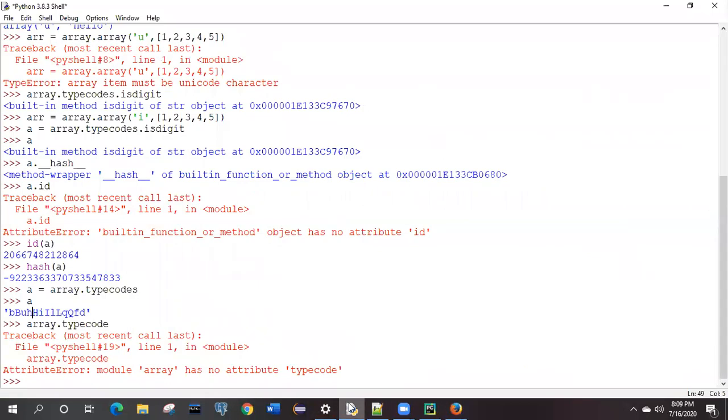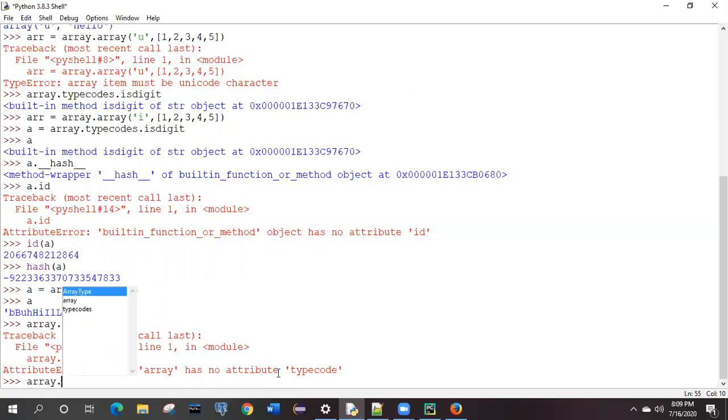So what are the other features available in array? Earlier there was one method available as the type code in 2.x, but in 3 it is not available. So what things are available in the Python 3 version? Click on this one, and it is showing only three things available: array type, array, and type codes.